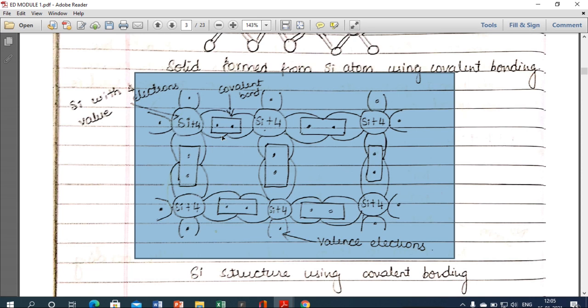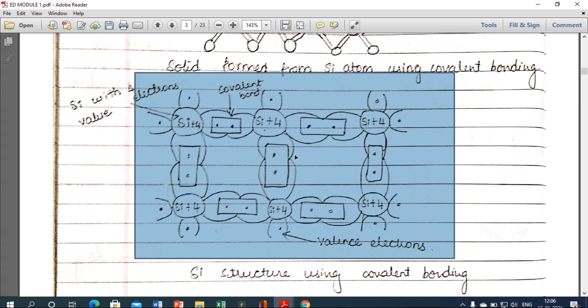So the last conclusion here is that when the electrons are free in any atom, those electrons will cause the flow of current in that atom. That's why the covalent bond is best suited for semiconductors like silicon, germanium, and carbon. So these are the materials which are used in the covalent bond.